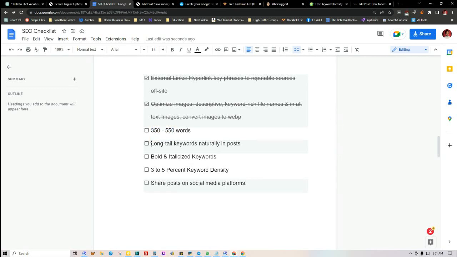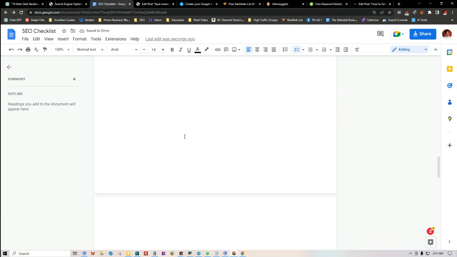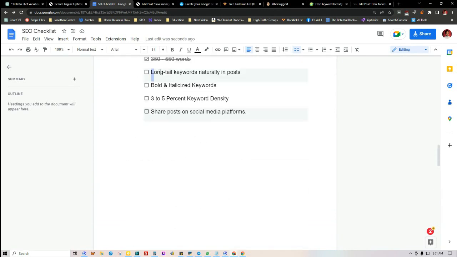And then also you want to have long tail keywords naturally throughout your blog post. This is kind of a given, but just a reminder as you're nearing the end of the checklist here, just to make sure that you have the long tail keywords naturally throughout the blog post. So as you're talking in your content piece, go back through and just make sure that the keywords in there are naturally placed and there's enough in there that it is obvious what this blog post is about. If the spiders from Google search engines crawl your post, they're able to pick up on the keywords fast. I talked about this before, but we just want to bold and italicize the keywords, not all of them, but a good majority of them.